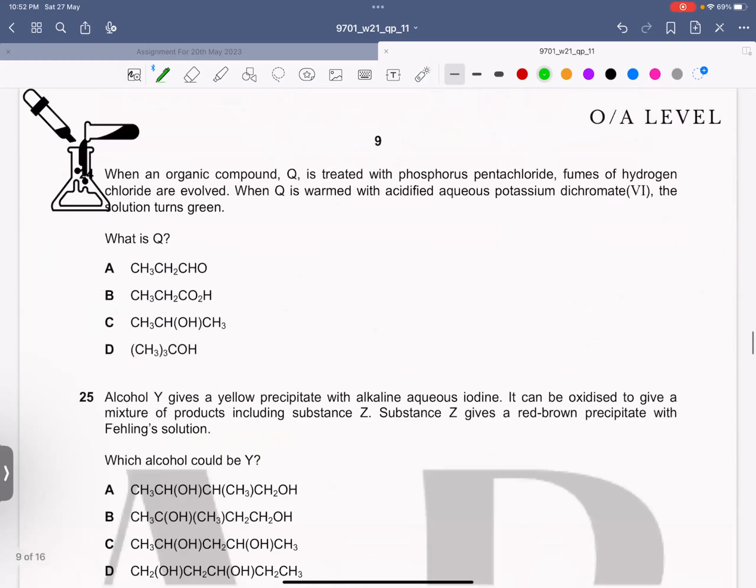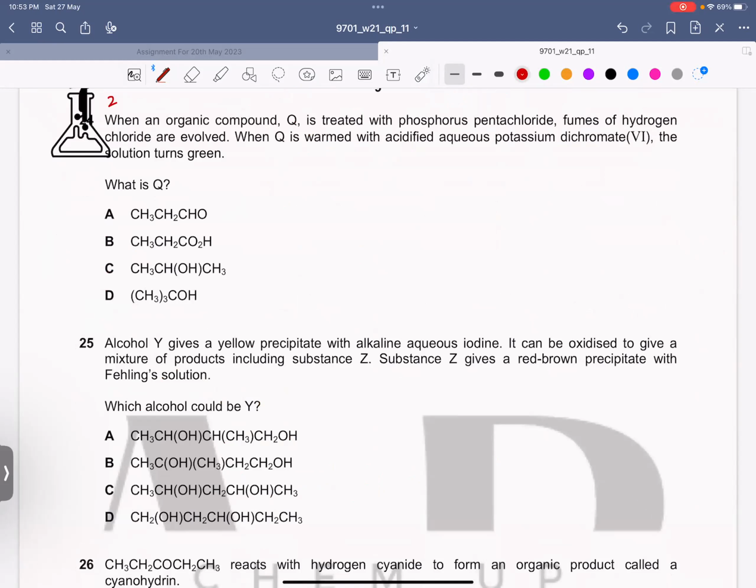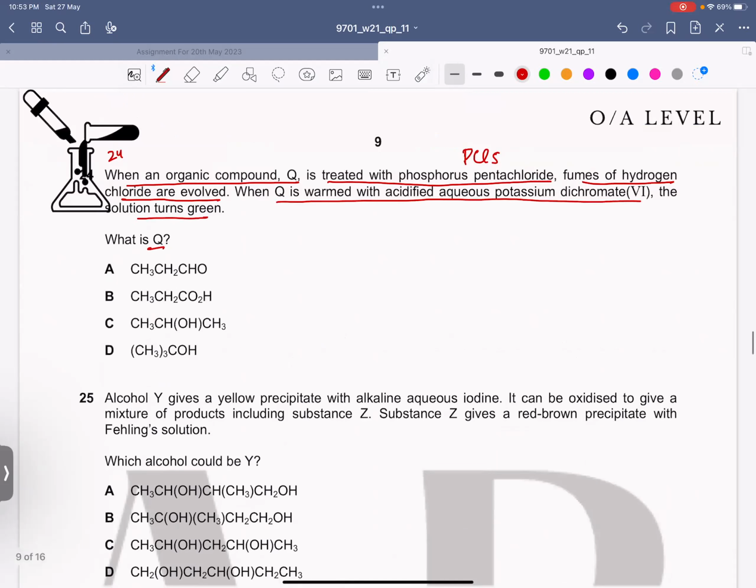Now, question number 24. When an organic compound Q is treated with phosphorus pentachloride, PCl5, fumes of hydrogen chloride are evolved. When Q is warmed with acidified potassium dichromate, the solution turns green. What is Q? If you remember the AS syllabus, you can easily recall that PCl5